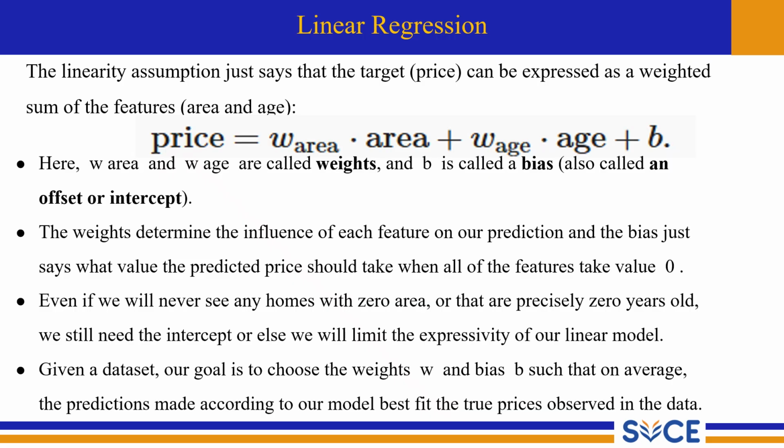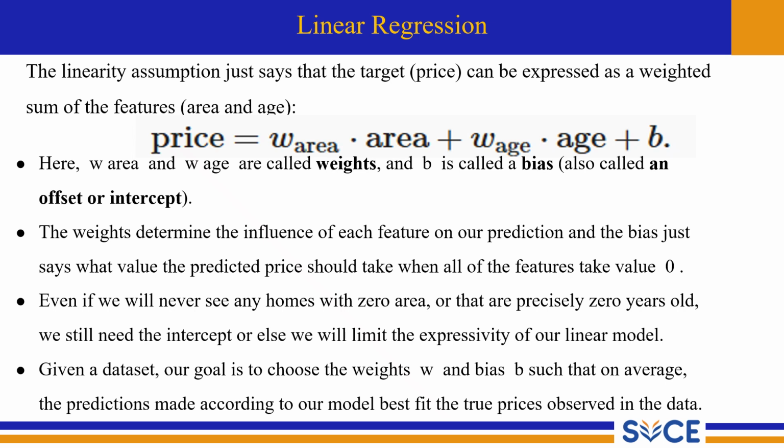The term B is the bias, also referred to as the intercept. The bias allows our model to make accurate predictions even when all the features have the value of 0. Thus, it increases the flexibility and